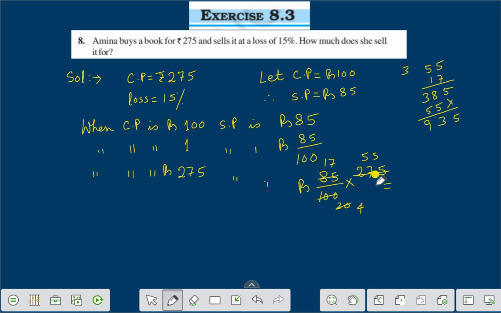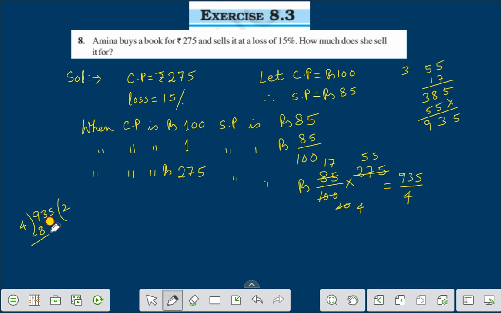Now if you divide 935 by 4, what are you getting? Here we are dividing 935 by 4, right? Now 4 2 ja 8,